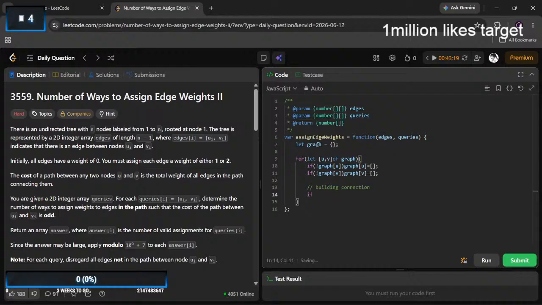La, la, la. What the fuck is that? Binary lofty, what the hell is that now?